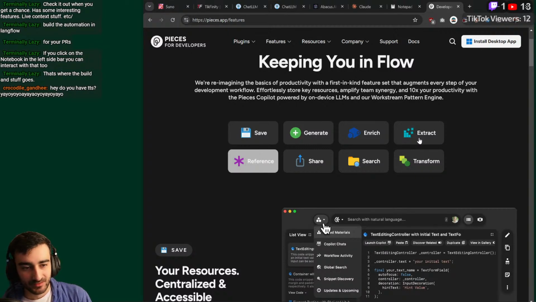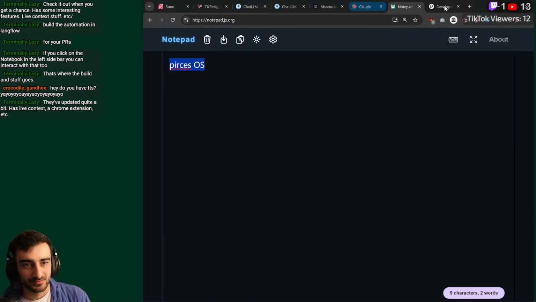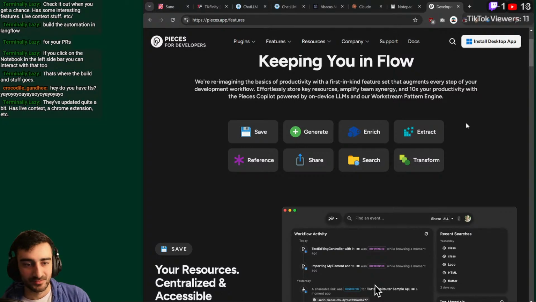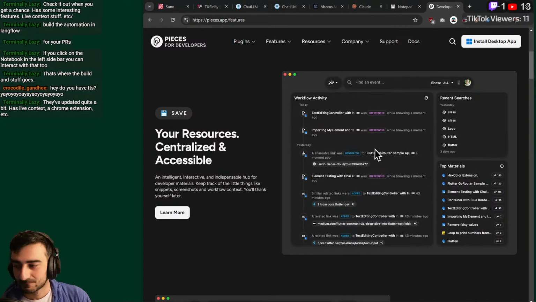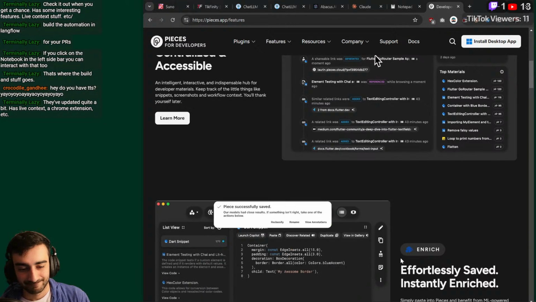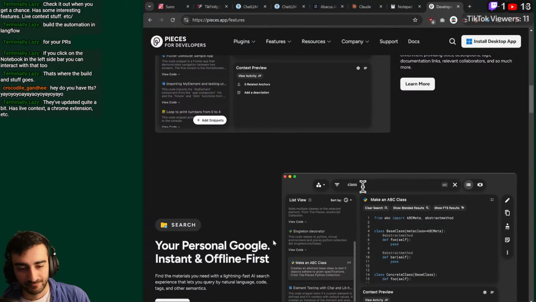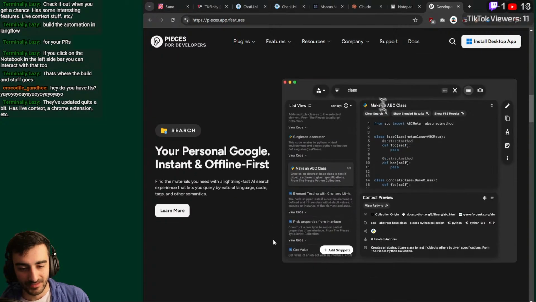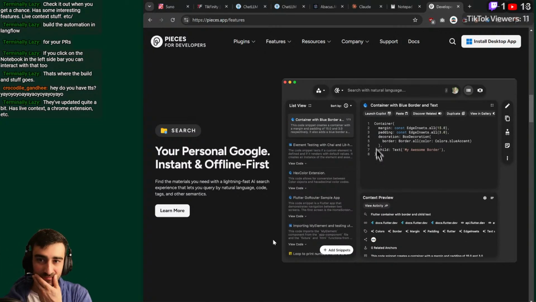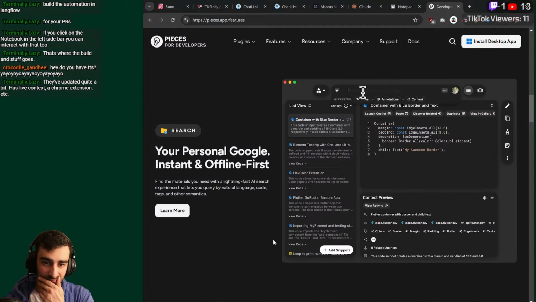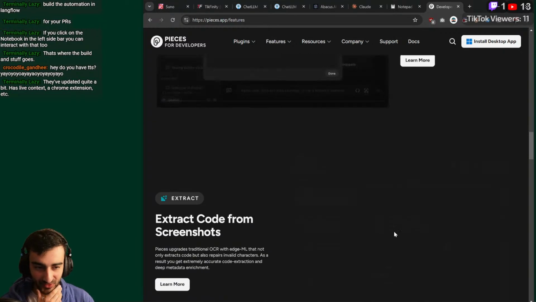Okay, save, generate, enrich, extract, reference, share. Pieces seemed okay. Whoa, they've updated quite a bit. Live context, a Chrome extension, etc. Pretty cool. It just seemed like too... I don't know, it could be good. Probably won't go through the effort of trying it, but